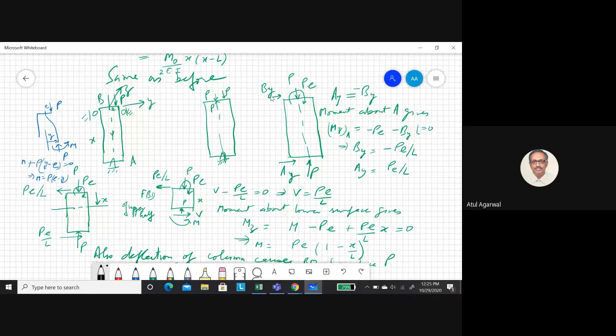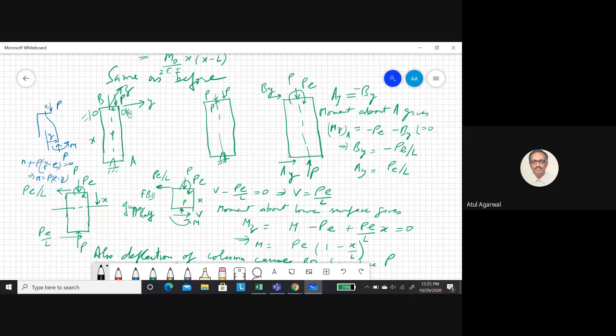So you see, you have By here, and this support causes reactions Ay and P. We find these two. Ay plus By is equal to 0, force equilibrium in x direction. This P is balancing with this P. Now there is a moment. You do moment equilibrium, take moment about this point A. So By will cause a moment clockwise about this point. And this moment P is also clockwise, so you get the value of By. Ay, so you get minus By.